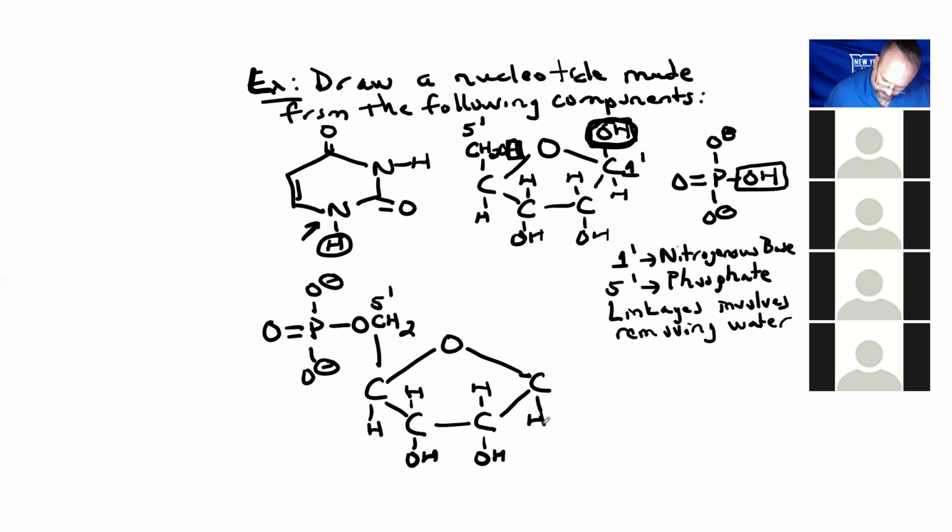Now, once I get to carbon 1 prime of the sugar, when the OH comes off and the H comes off the nitrogenous base, I'm going to connect carbon 1 prime to the correct nitrogen on the nitrogenous base. And then I'm going to have the rest of the structure